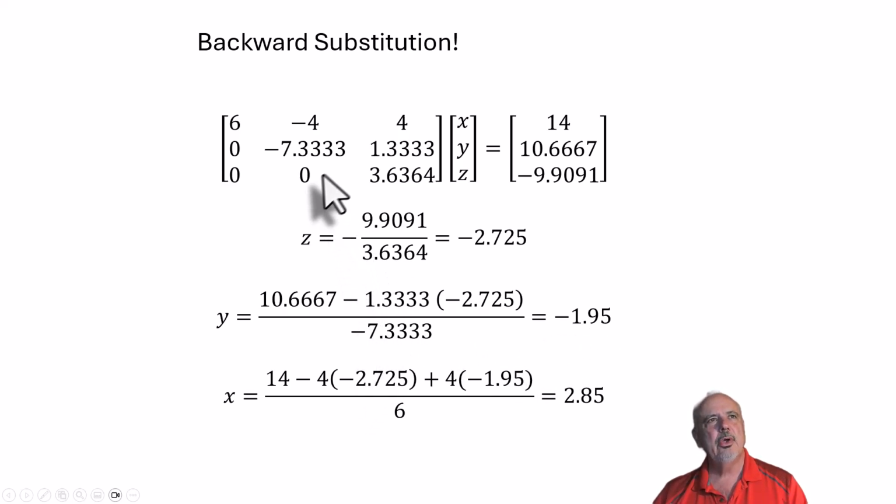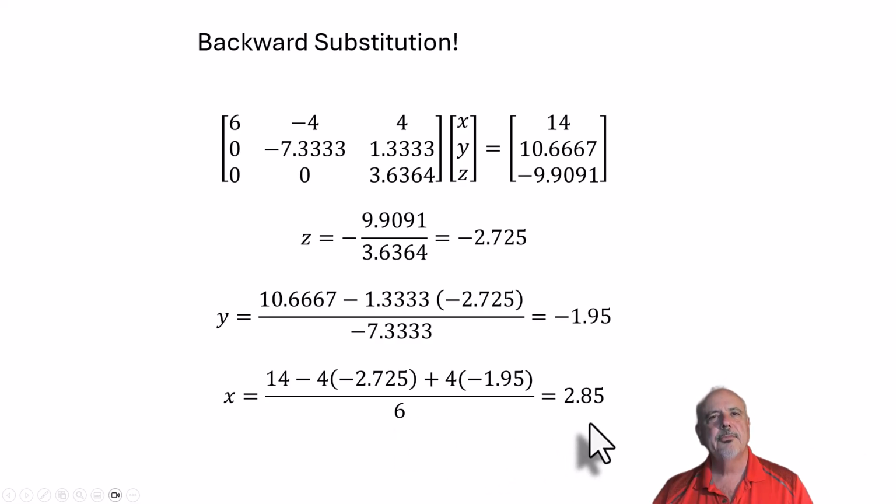And then once I know the y and z, I can solve for x with the first equation of the first row. So you see I would have 6x. So I've got 6 in the denominator. I have to divide through. Got the 14 minus 4 times z. That's from that. Minus 4 times z. And then I have a plus 4 from that guy, bringing that over, times y, which is minus 1.95. Anyway, and divide all that by 6,